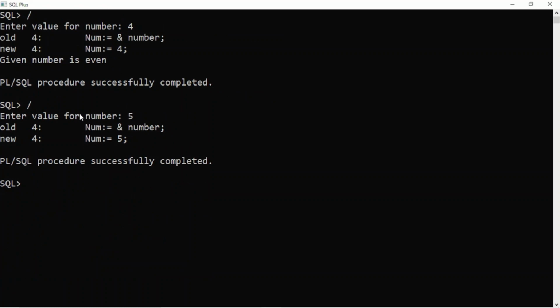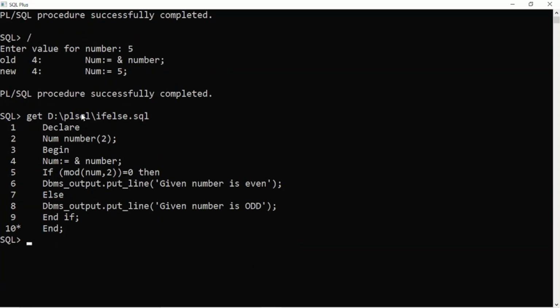Now go ahead with the second type of structure of if statement, that is if else. So in this statement you will see I have taken a number.